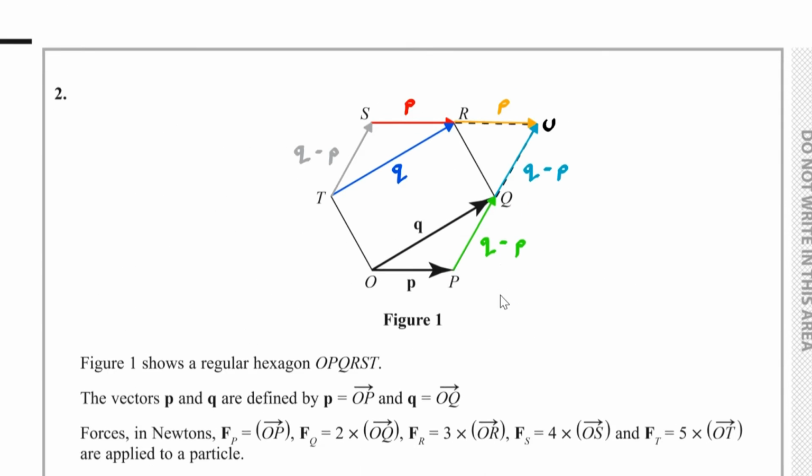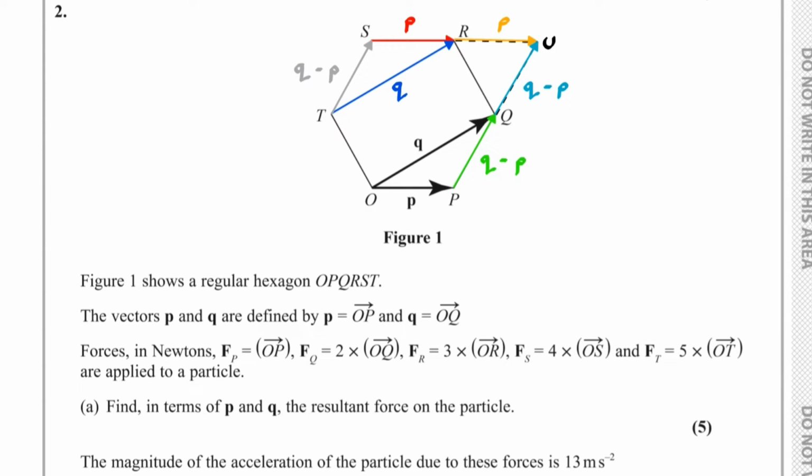So if we add this to the diagram, then this vector here will equal Q minus 2P,